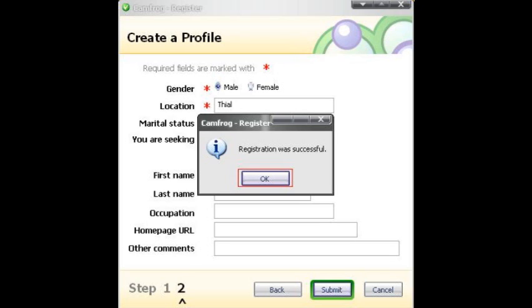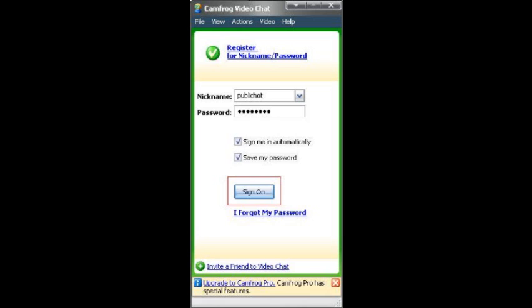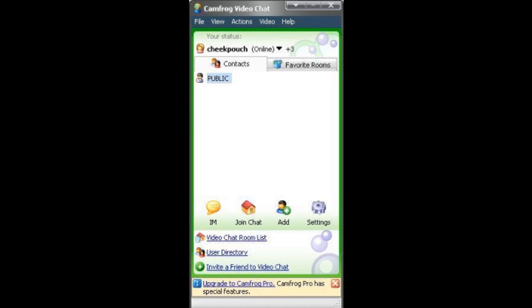Okay, and then next I will teach you how to play and chat. This image is the main menu. You can key the nickname, password, and click sign on. And then you can see the home menu. Home menu is the show everything about Confog.